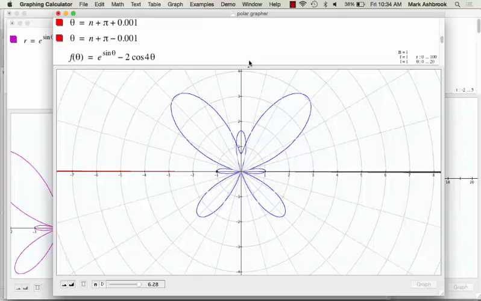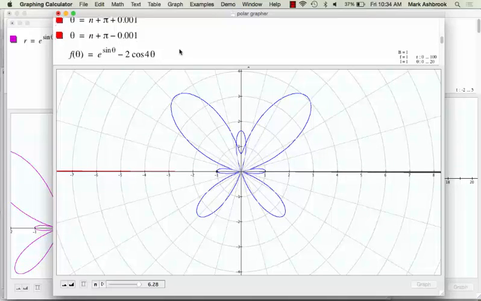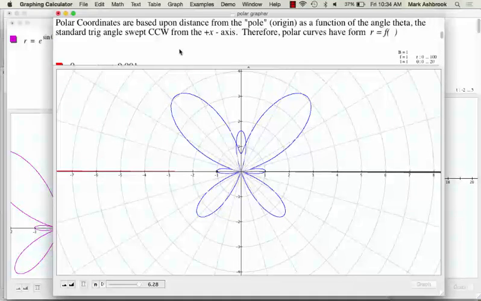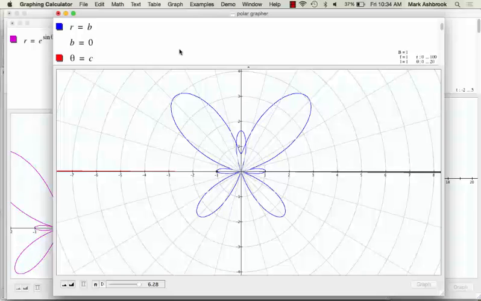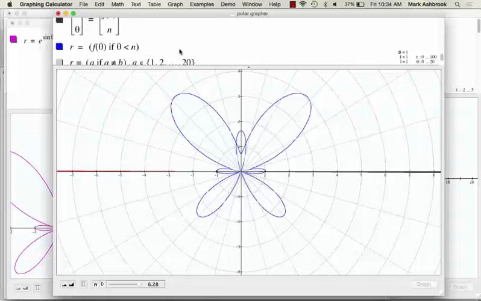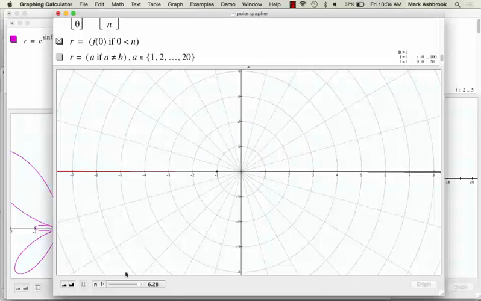My notes, here we go. Okay. Where is it? Okay, so